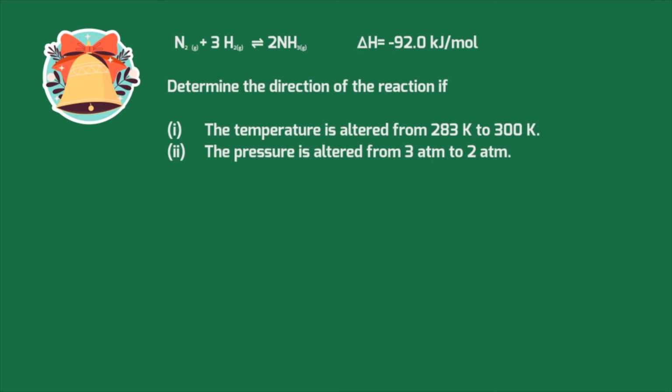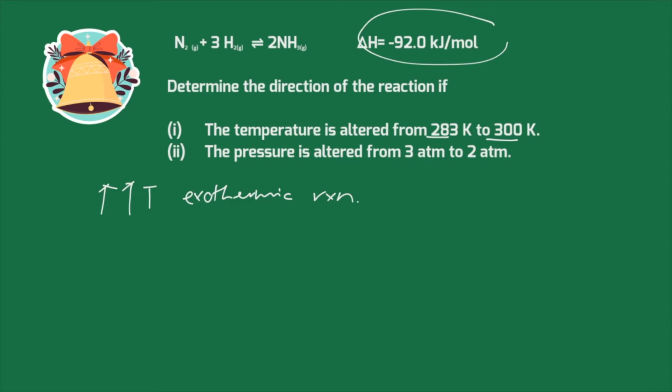Let's look at the question one by one. So the first one, the temperature is being altered from 283 to 300 Kelvin. So it means that there is an increment of temperature. The first thing that you need to check is your delta H. In this case, your delta H is negative. It means that it is an exothermic reaction. So basically, when you increase the temperature, it will favor endothermic